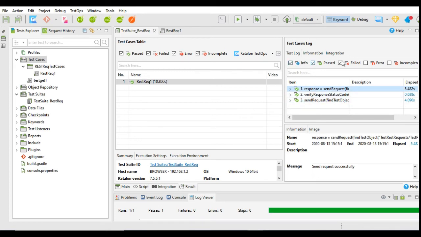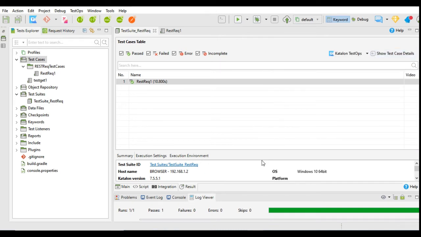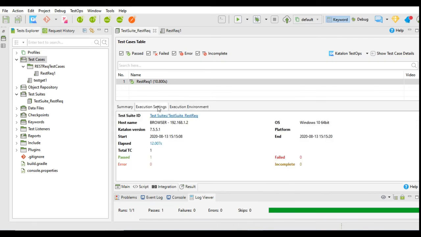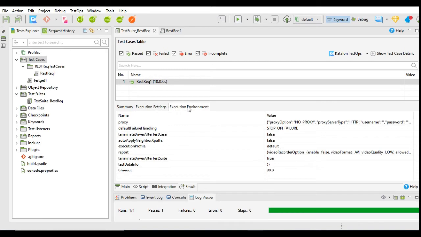You can click on these checkboxes and can filter the passed or failed test steps and check. To switch back, you can click on this button. Clicking the result tab, you will find some result of the execution, which will give you the summary, execution settings, execution environment details.